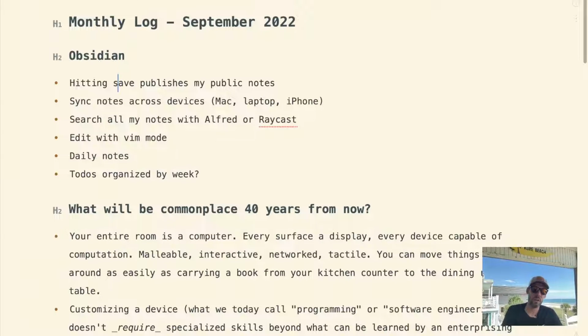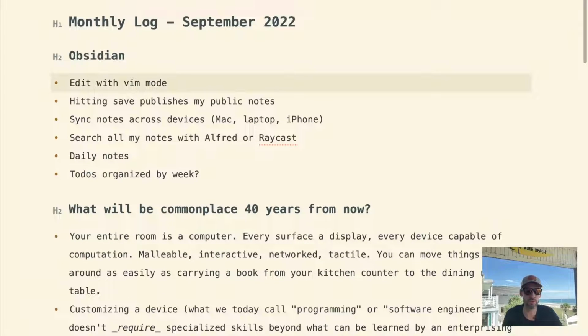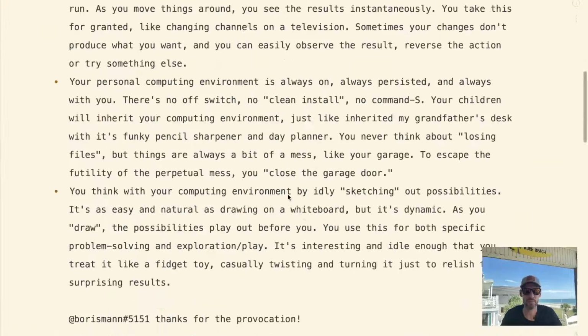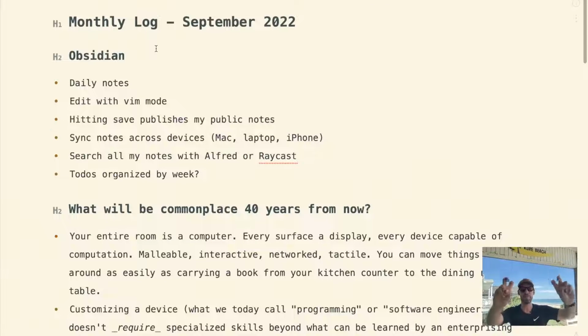Like I mentioned, I've been using note-taking apps for 10 years. My usage of them has definitely evolved over that time. But the main workflow for me is I take daily notes in a longer note. I guess I take monthly notes, right? Or rather, I take daily notes inside of a single monthly note that I can scroll back through the days.